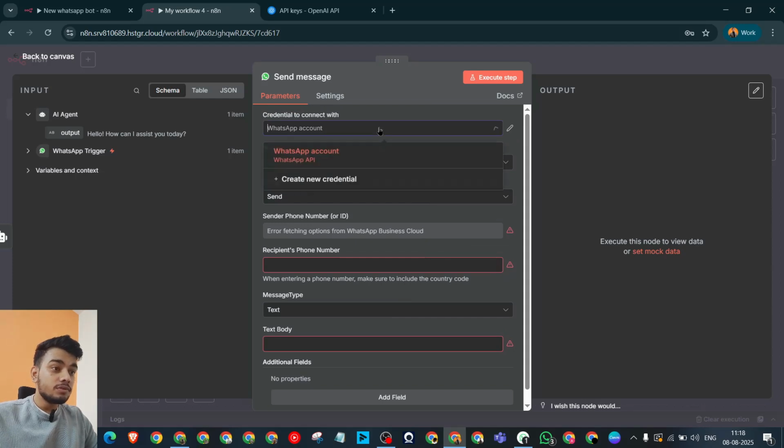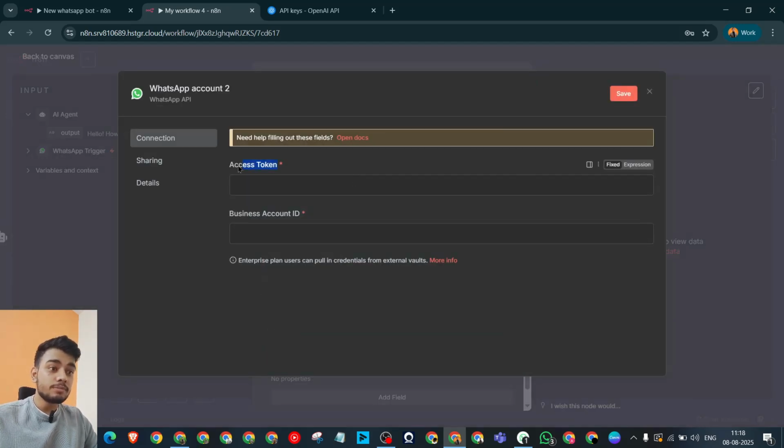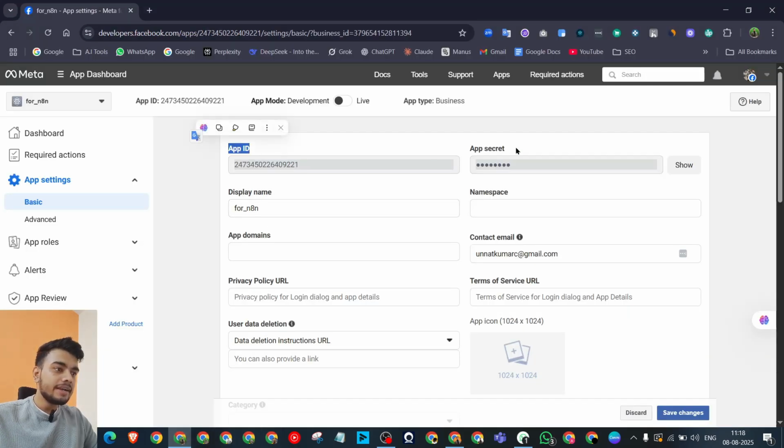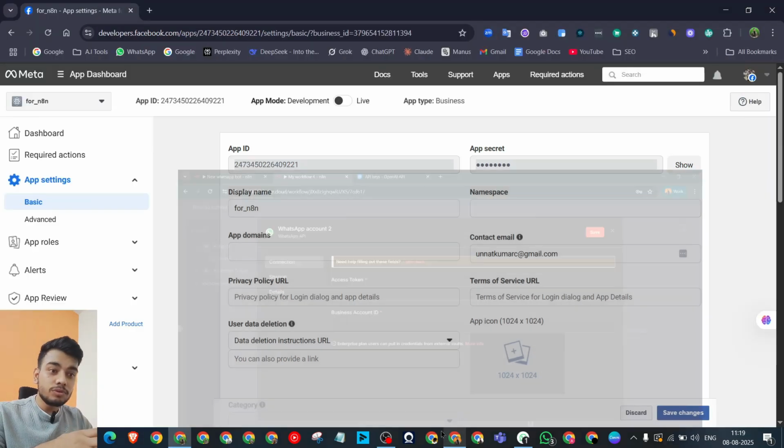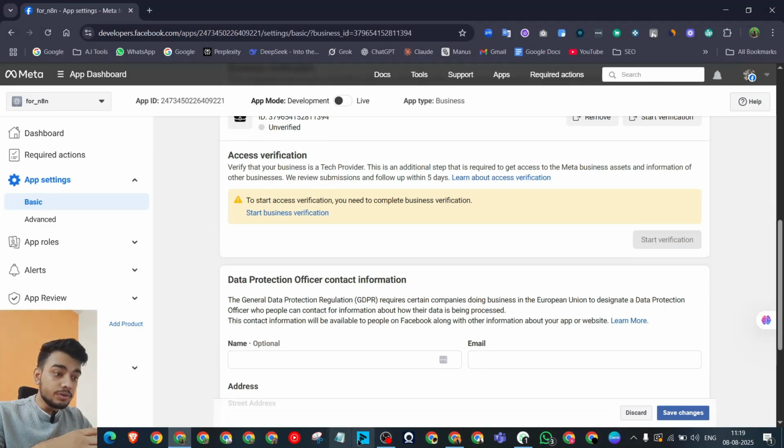So first of all, you need to set up new credentials. So just click on new credentials. Now you have to put the access token and business account ID. Let me show you how you can find these two. This app ID and app secret are different. They are only required in the trigger node. But now as we are building this output node, what we need to do is